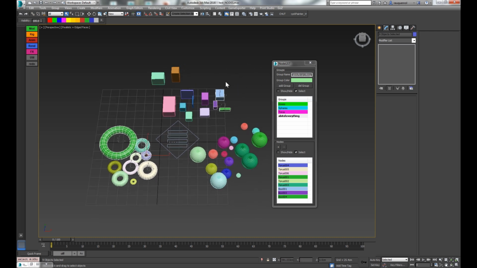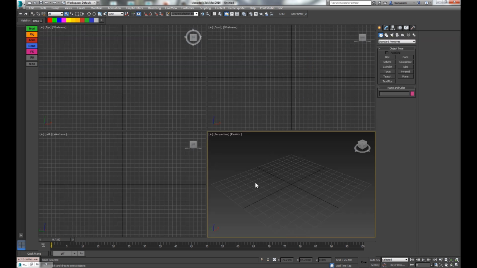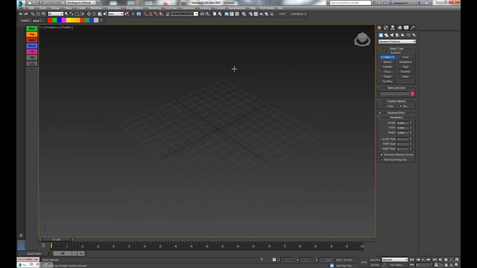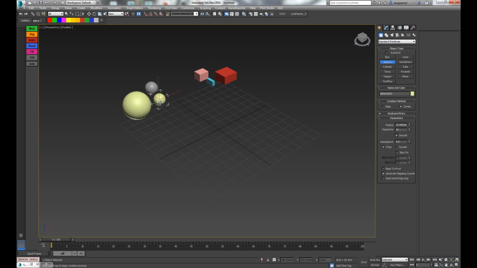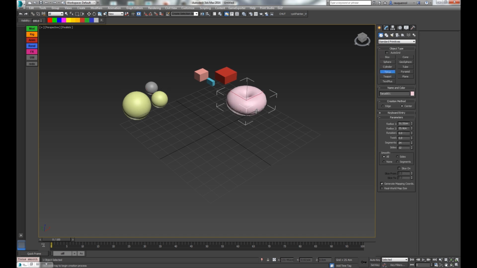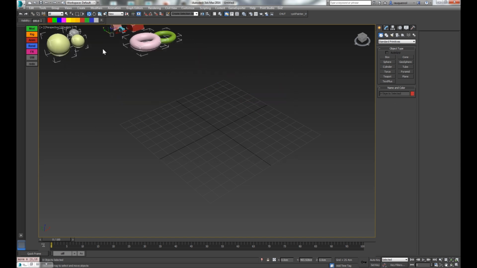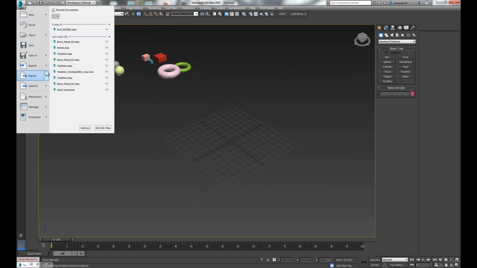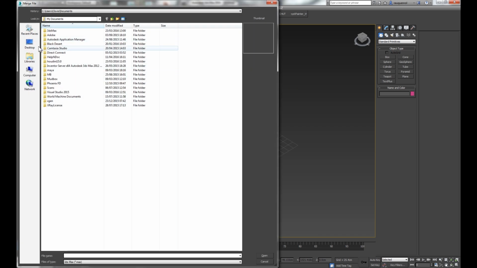Okay, now I will save my scene and merge it into a new scene. So first I will create some other base objects just to show you that it can work even with some already created objects and some toruses like that. I will move them away, and then if I merge my scene,